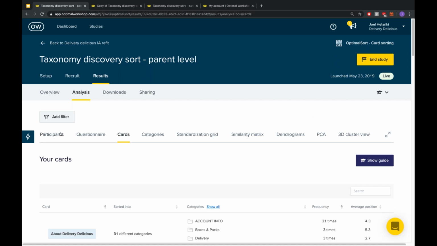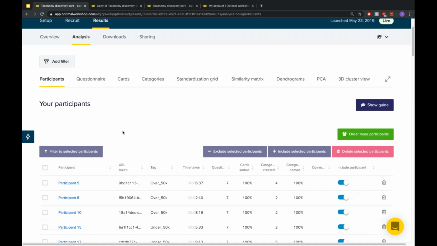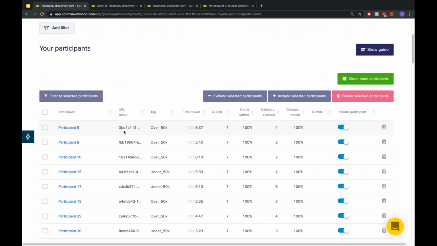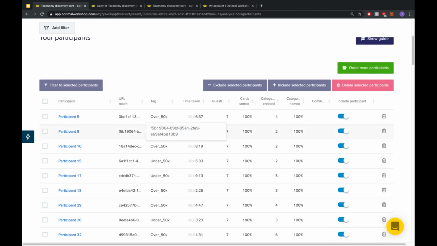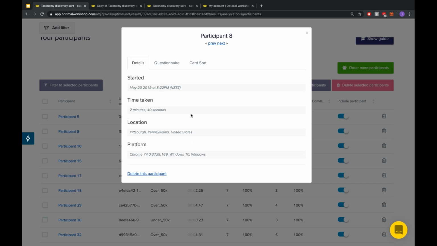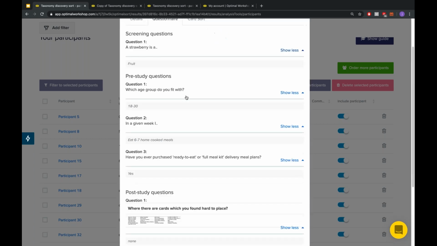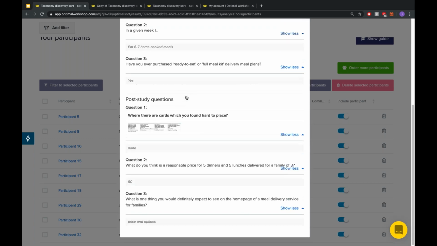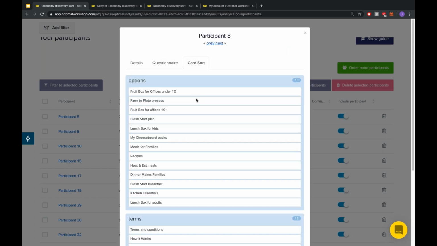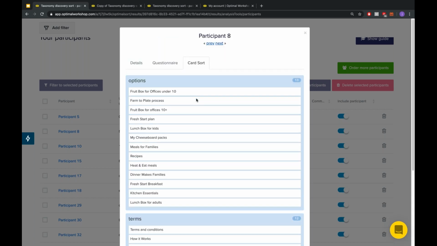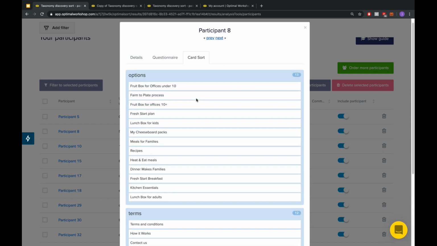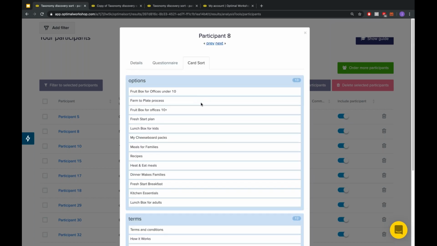So first of all, I should probably reference the participants table, important to be aware of. Obviously, we're quantitative, so all of our analysis is driven by the results that you've received. Checking participant quality can be really important. So by clicking on a link here, we can learn where they took it from, how long it took them. All of their pre and post study questions have answers here. And then, for example, we get to see the mental model that this participant created. They thought about it in 2 different boxes, which are generally quite broad, as we can see here.